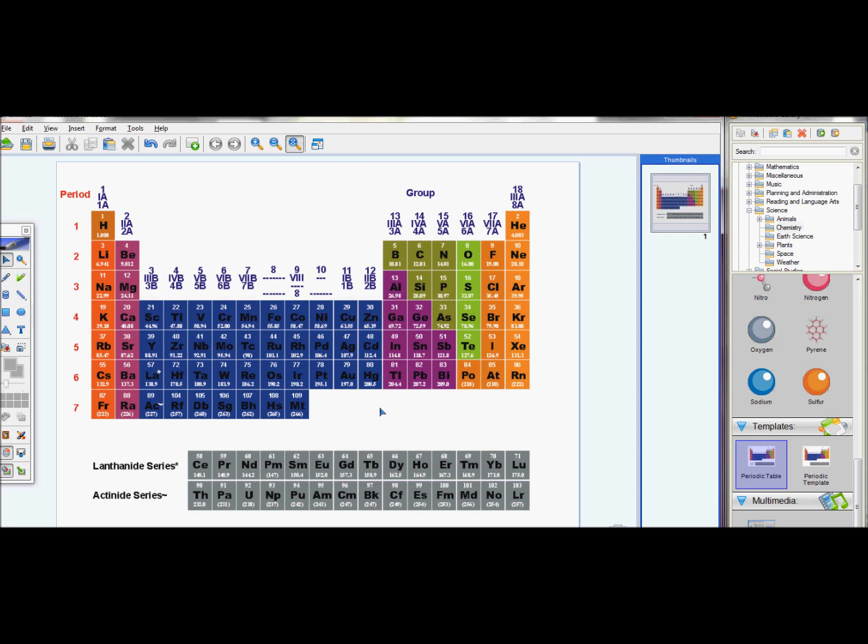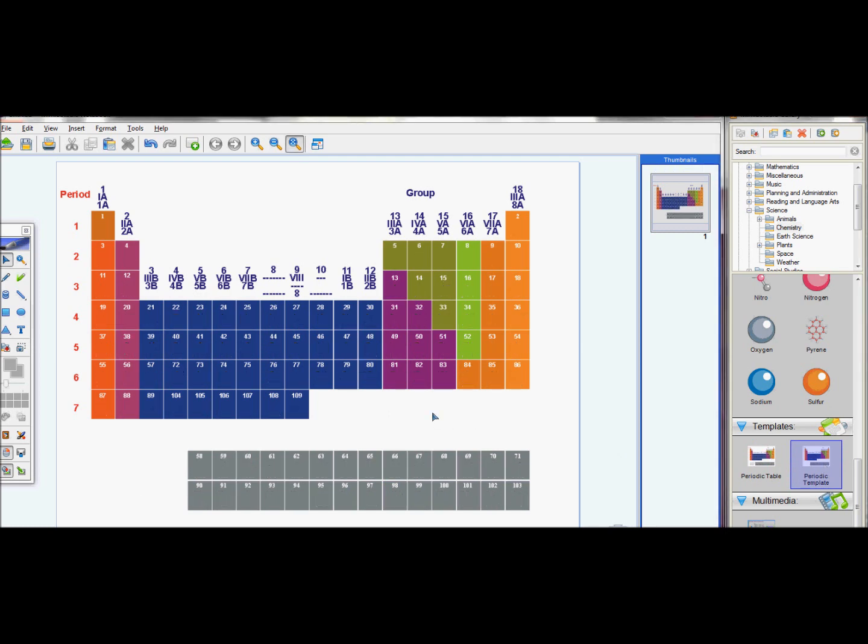Now, this isn't what I want my students to use right now, but this is something that they could use maybe for reference later on or in another project if they need to. So I'm going to have them go over to the periodic table template, select that, drag it over, and this is where they're going to be doing all of their practice. Now, if we zoom in,